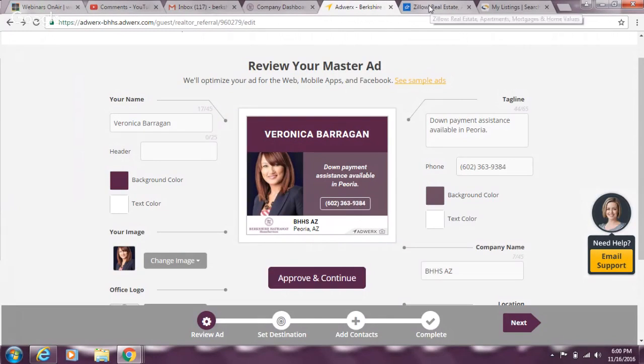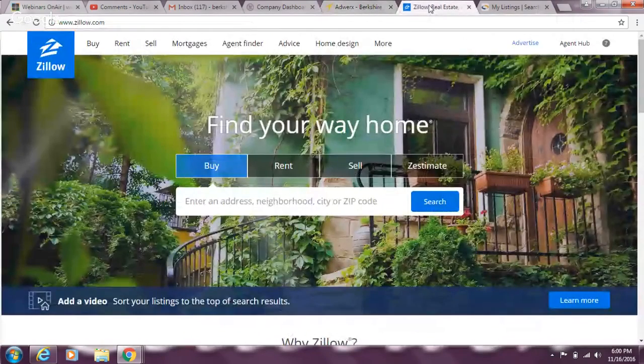So Zillow, as a Berkshire agent, you should know that you don't have a premium account. A premium account is when you buy a zip code. And because Zillow has been around for such a long time, the zip codes are not cheap. You can buy a Peoria zip code right now probably for $200 to $300 a month. It's not cheap at all. And is it worth it? I don't know. Most agents that actually pay for a zip code, the biggest reason they do it is for